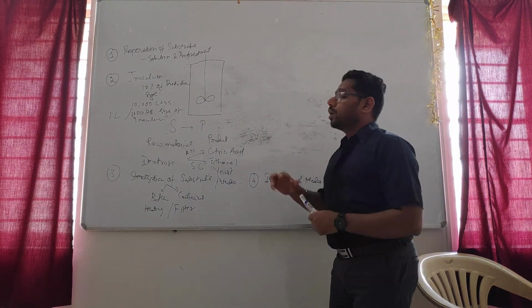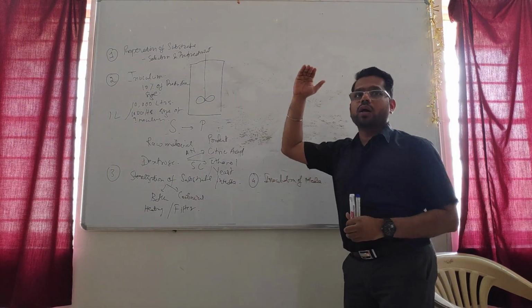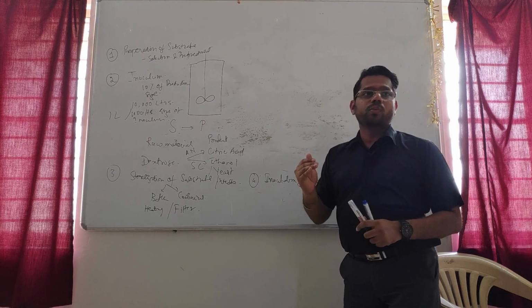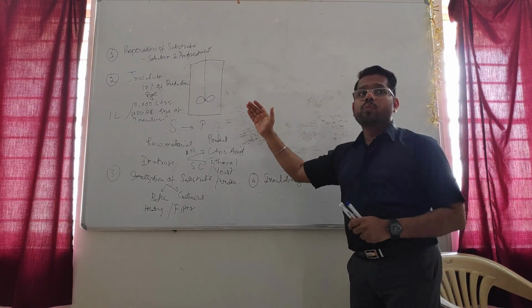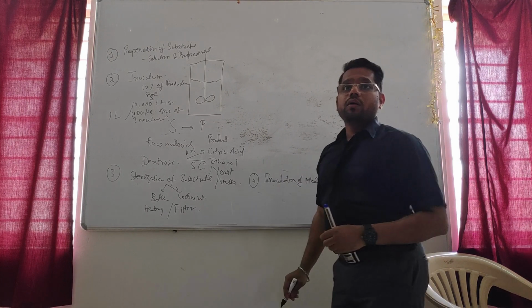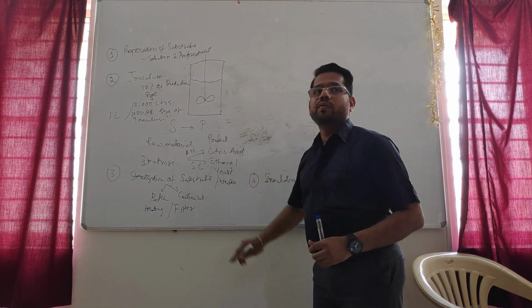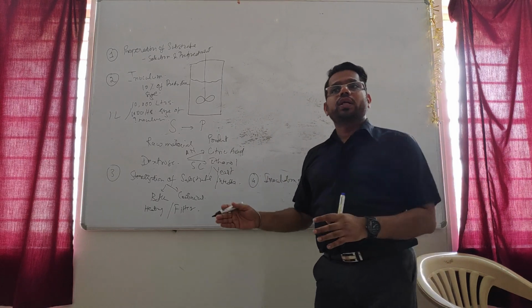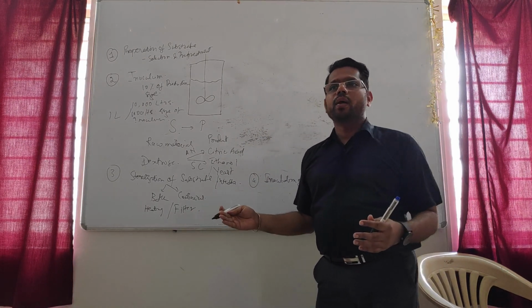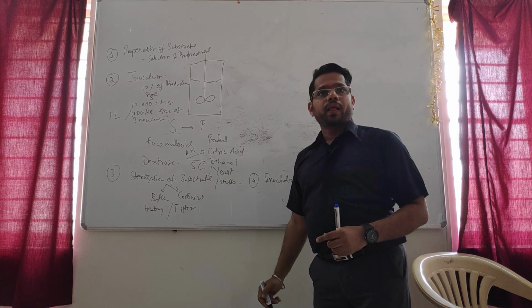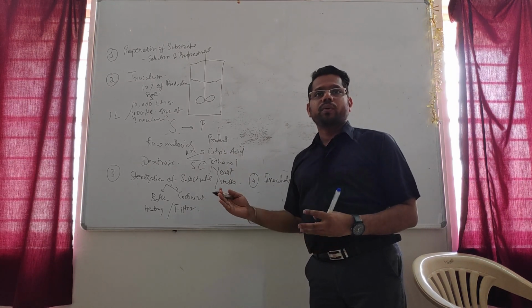So first of all, you should understand the different downstream operations. What are the different downstream operations that can be carried out to purify the product? Once the production is complete, the process is complete, the process can last for 72 hours, 3 days, 4 days, could be anything depending upon what product you are producing. Right? The time of the production process might vary.